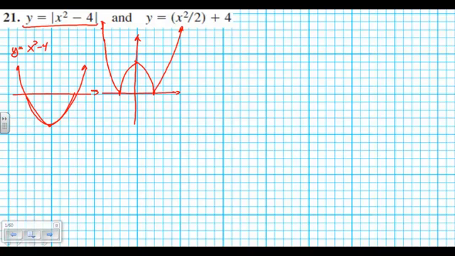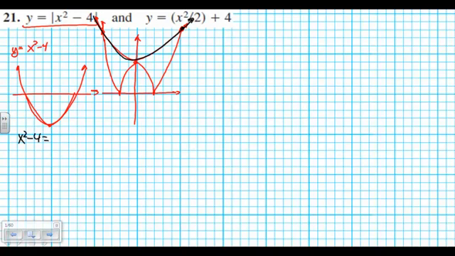The other is a parabola that opens upward, and the lowest it ever goes is 4. So it looks something like this. The parabola opens upward and crosses that other shape. Let me draw them separately so you can see. The second curve's in black, the first curve's in red. There we go. We're going to need to know where that intersection happens, and that intersection happens when x squared